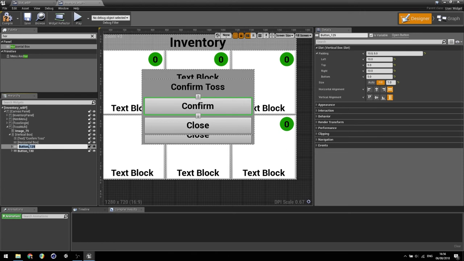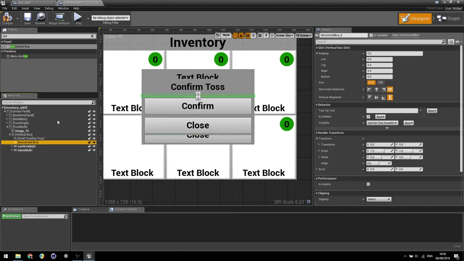Just because we've copied this, we do need to make sure that we rename these buttons. So this is going to be confirm multi, and this one's going to be close multi. There we go. So the horizontal box,